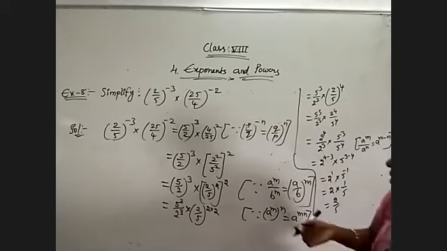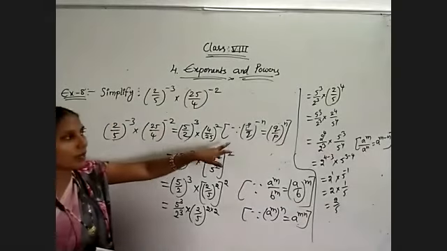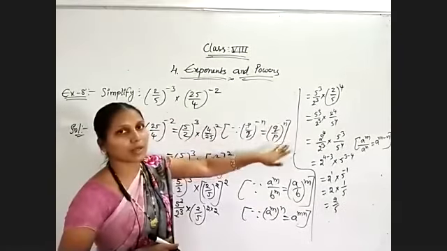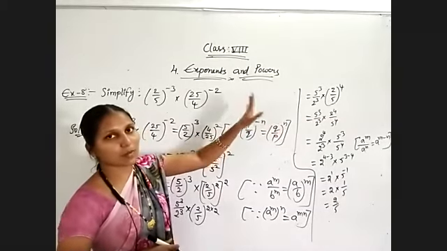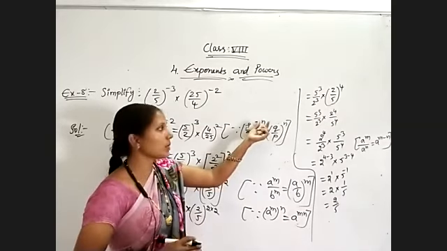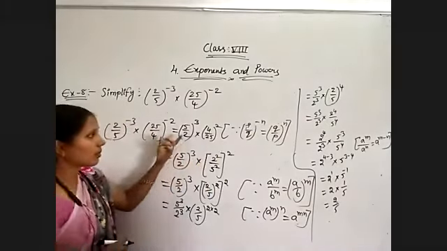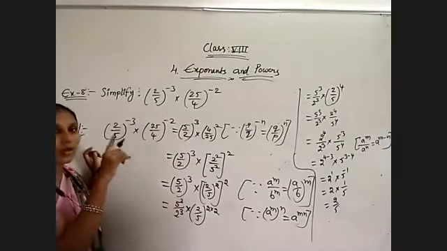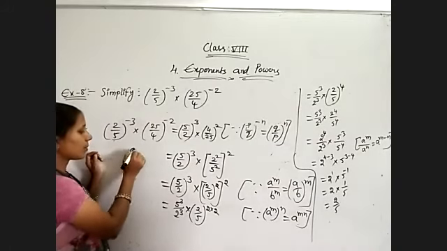So once again observe this: whenever they are given in P by Q form, use the formula P by Q whole inverse is equal to Q by P to the power of n. Where minus powers are there, they will become plus, and plus powers will change as minus by taking the reciprocal. We need to take the reciprocal of the base, and then the exponents will interchange. That means negative values will become positive, and positive values will become negative. So by simplifying that, we will get a by b whole power m. Whenever you are getting p by q form, you have to remember these two formulas.